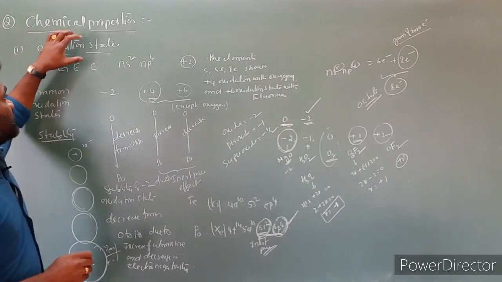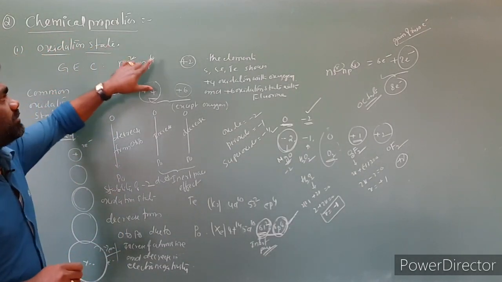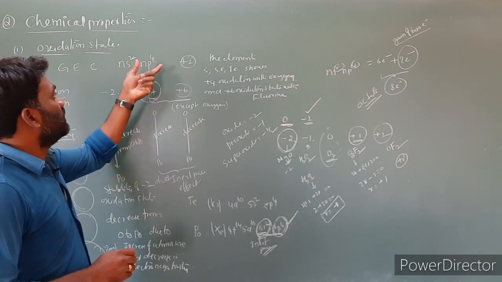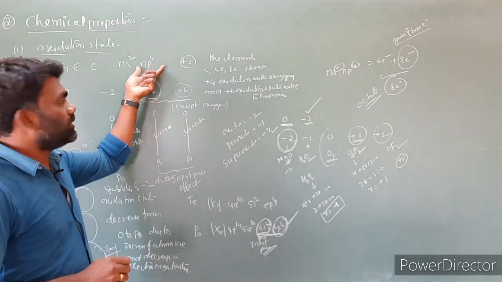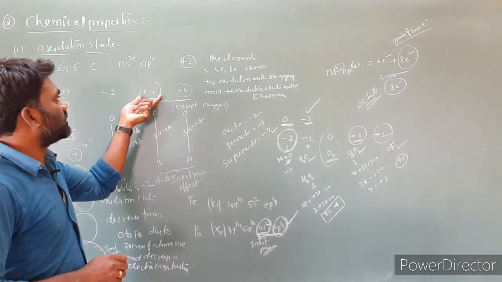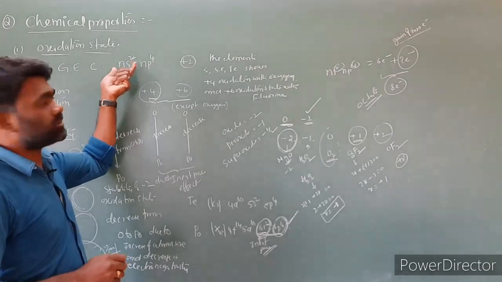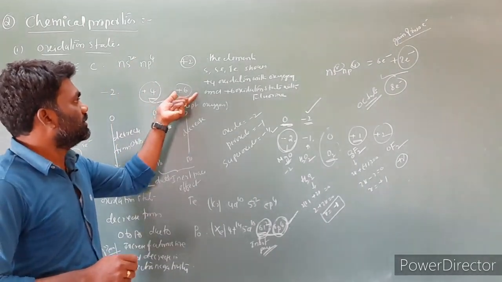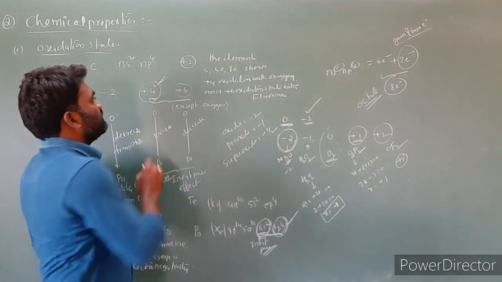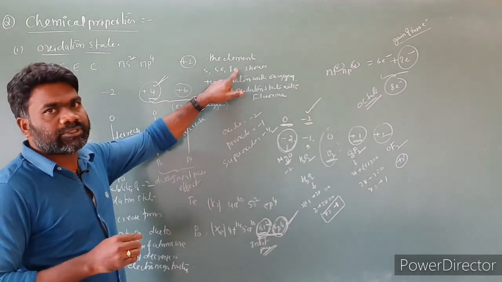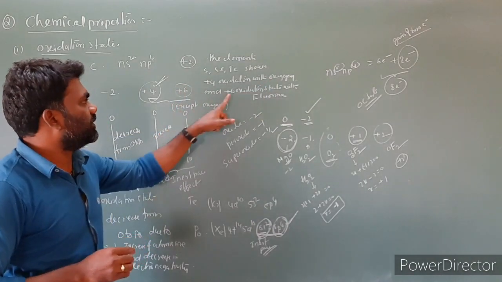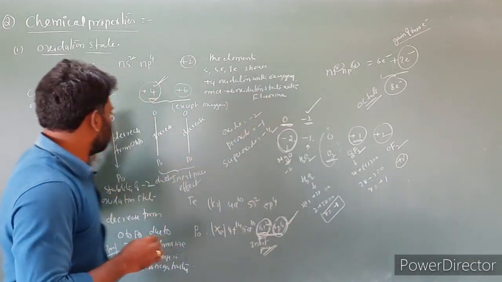Briefly, regarding the oxidation states of the group, the general electron configuration is ns2 np4. If there is a shortage of 2 electrons, they will gain 2 electrons and show the -2 oxidation state. If 4 electrons are involved, they will show the +4 oxidation state. If all 6 electrons are involved, they will show the +6 oxidation state. Elements like sulfur exhibit the +4 oxidation state with oxygen, and the +6 oxidation state they exhibit with fluorine.